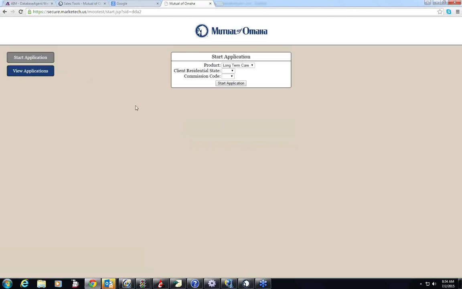I want to go back to starting an application real quickly again. When you start a brand new application, the first decision or the first thing you have to tell the company is what state you're writing this in, and it's always driven by the state where your client lives, not where the application is taken. In the commission code, when you hit this drop-down menu, for the most part, it should just present you with maybe just one commission code or maybe two,